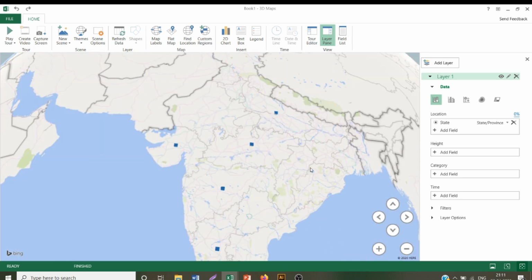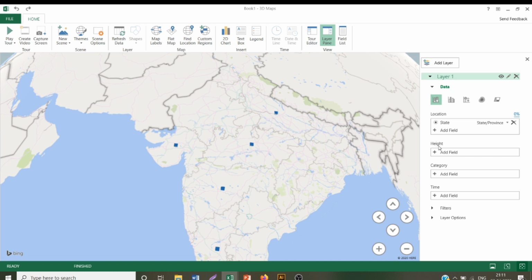Now let's begin by understanding how the data is represented in the maps. So location for me is the state, which is rightly represented here. Above the box there is a percentage, which is the mapping confidence report percent. So if there is any spelling error or if there is some data which is not able to be represented from the table onto the map, then this will show some error percent. So before you begin your analysis, make sure that it is 0.